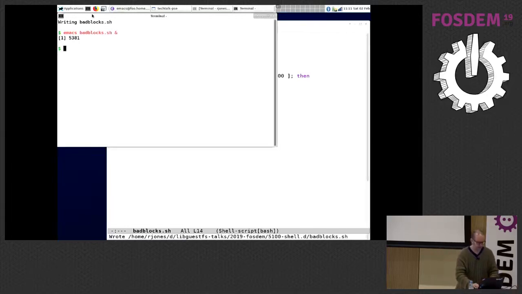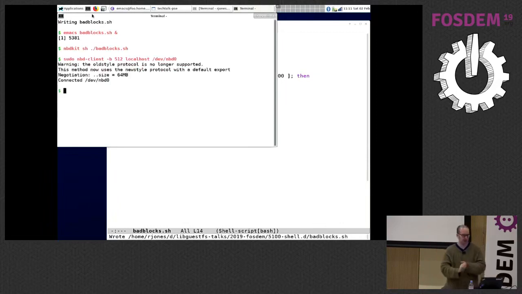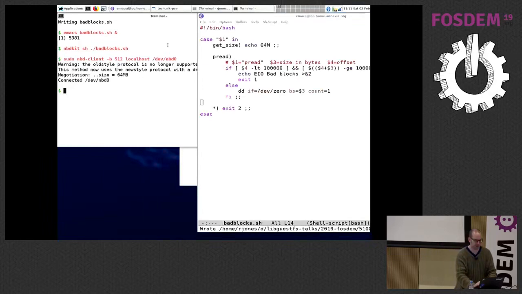To do that, I'm just going to run it. So run nbdkit, name of the plugin, which is sh, and the sh plugin needs the name of the script, which I've just written. So, moment of truth here. If I associate that, a good thing there is the size, 64 megabytes. Remember we set the size to 64 megabytes, so that's good. And now if I run badblocks,